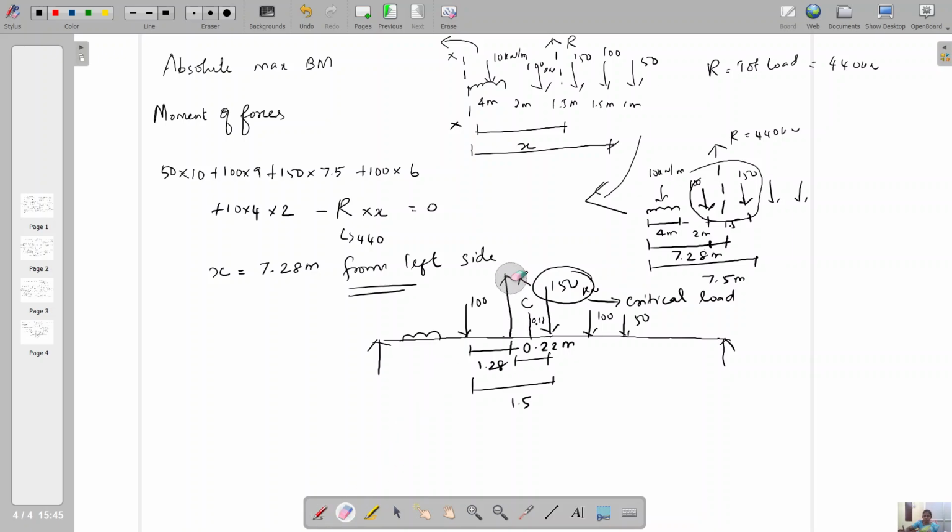Now you delete this resultant because the resultant is only the opposite reaction. We should not consider it in our calculation. So our center of the beam is fixed and 150 is also fixed. All other loads, 100 kilonewton and the remaining loads, are placed accordingly. 1 meter, the distance here is 2 meter, 4 meter, and this is the center point. What is the central distance? It is 15 meter. So you add all the distance,